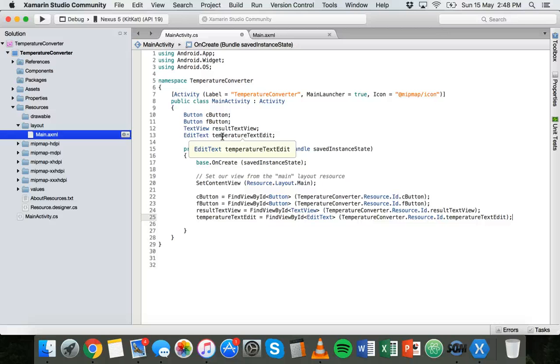Okay, so next thing we need to do is create click events for both the convert to Celsius button and the convert to Fahrenheit button. So we need click events so that when those events are fired, when the user presses one of those buttons, they will run code inside a method that will either convert to Celsius or convert to Fahrenheit and then display the result. Okay, so to do this,